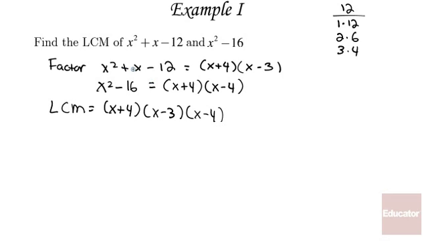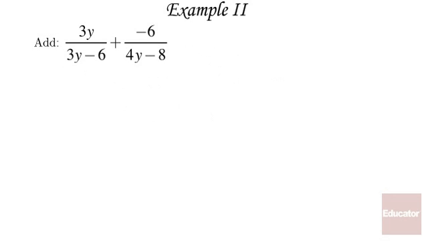And if these were in rational expressions, if these were denominators in rational expressions, I could then use this LCM to form a common denominator. Okay, in this example, we have unlike denominators, and they're not additive inverses, so we need to find the LCM,